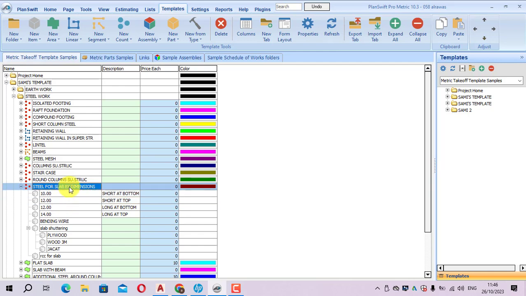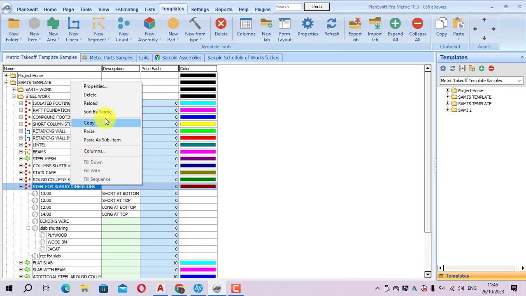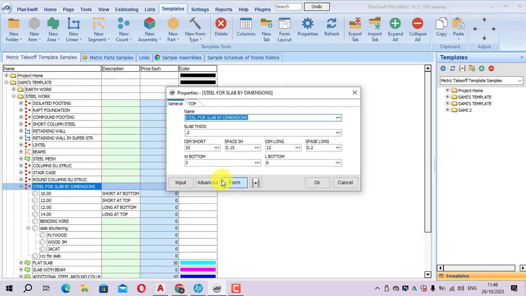Anyway, let us go to see the advanced of this slab. This is the bottom and this is the top. So you have to fill it together. When you start doing this, you have to fill all this schedule together. Okay, in advanced,